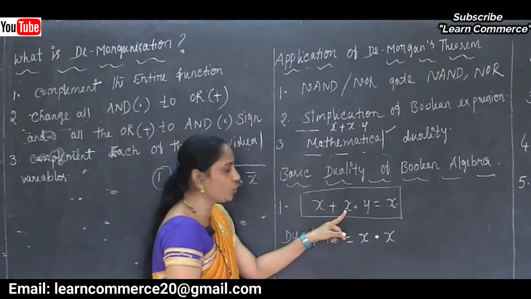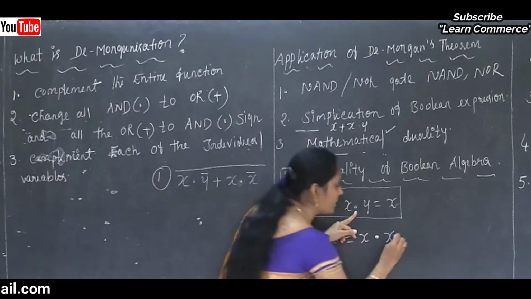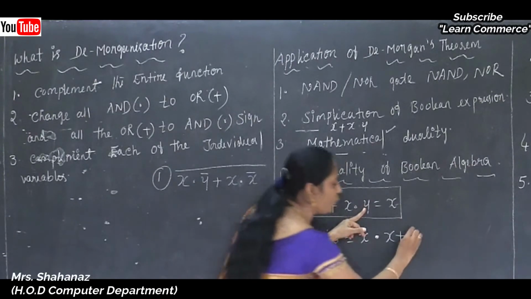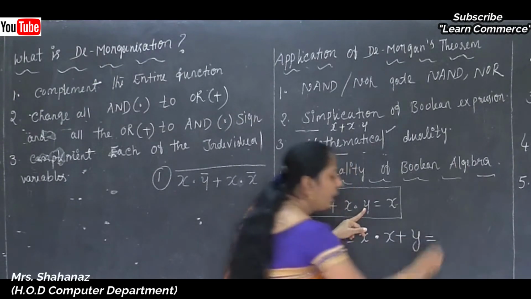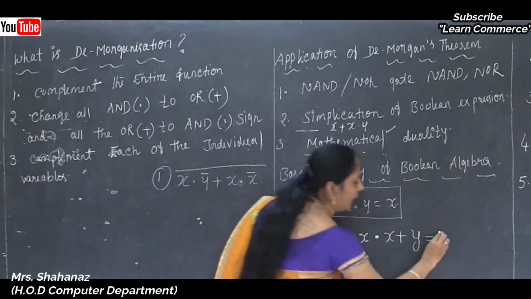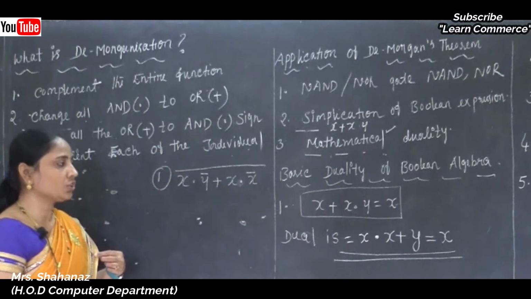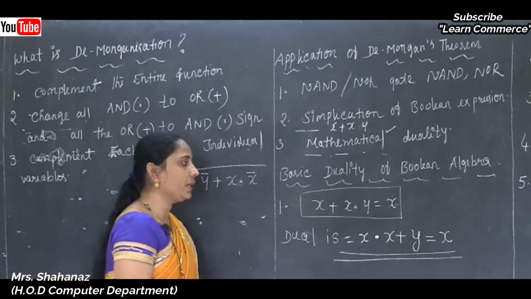As it is, we need to take here, but the dot sign is there. Instead of the dot, we need to use the plus here, and later the next one, y, as it is. No information about the equal sign. As it is, we need to write, and x also the same. So this is the answer to our question: x plus x and y is equal to x.